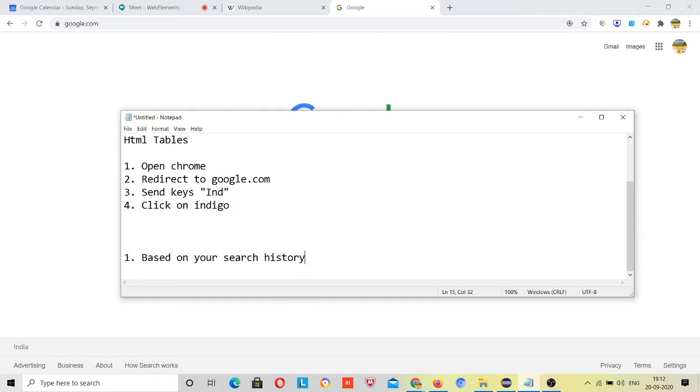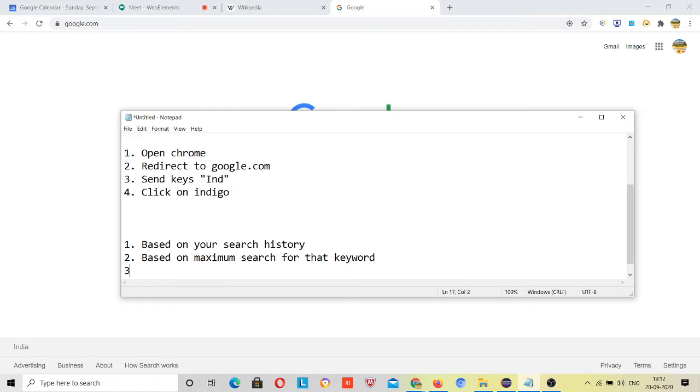And second is based on the maximum searches for that keyword, based on current trends, right?